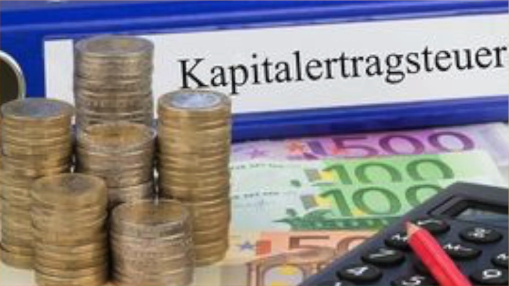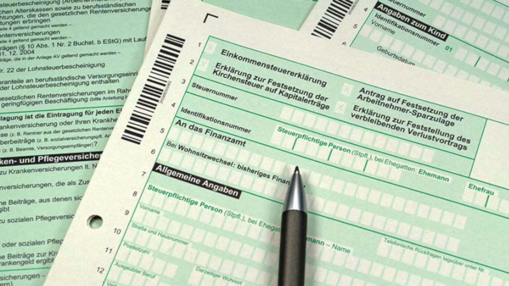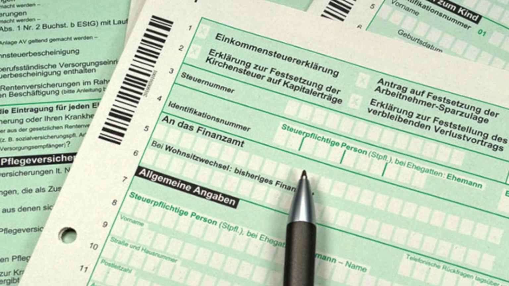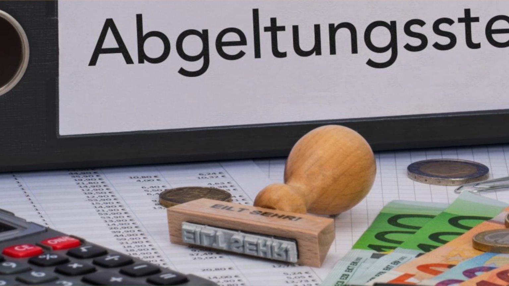Before introducing the Abgeltungssteuer, the taxes on private investment were calculated differently, and there was no such concept of a flat tax rate. It was termed Kapitalertragsteuer, and it was a little complicated. It had different tax rates depending upon your total income, and you also needed to enter each and every kind of transaction you had done during your tax declaration. In order to avoid this, the German government introduced the concept of Abgeltungssteuer, and I hope this is a very good thing the German government has done for our investments.